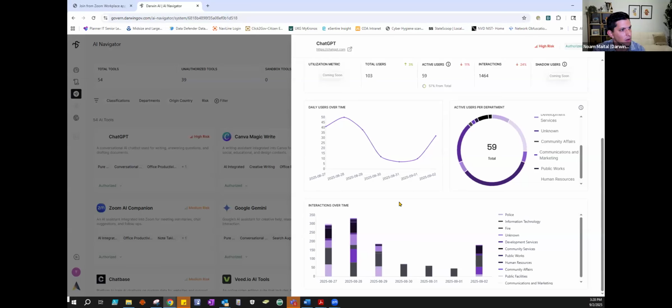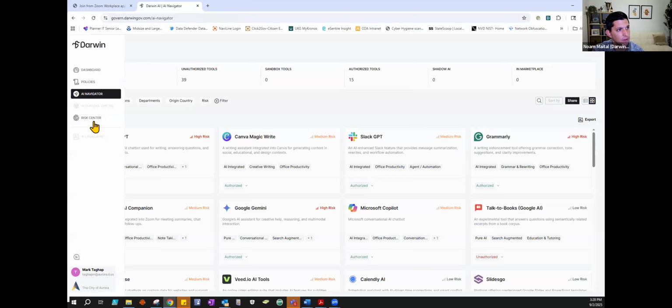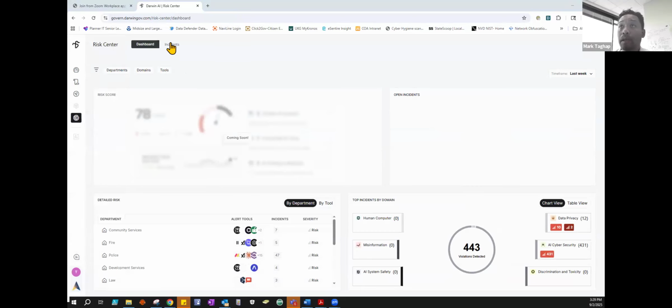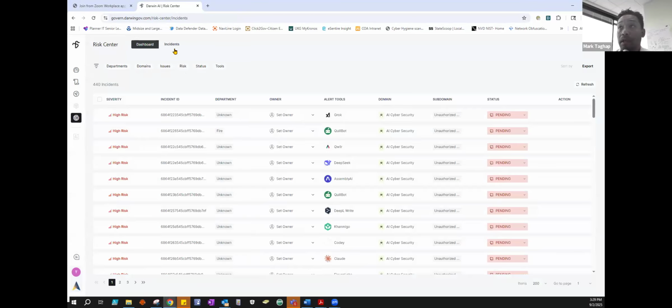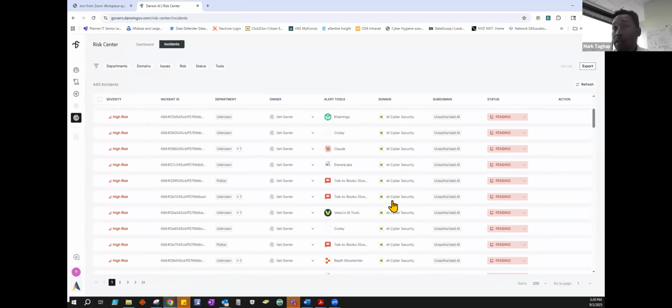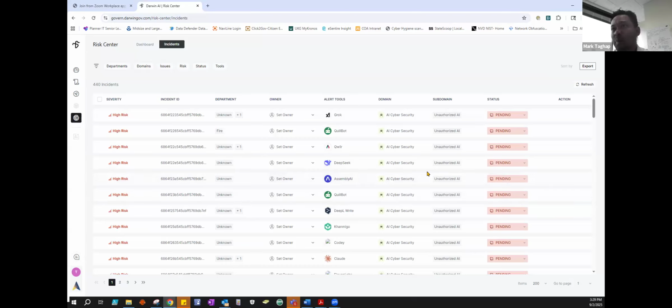And maybe, Mark, I think also in the interest of time, if you want to showcase a bit and walk through the risk center and kind of explain that and the configuration on the policy, I think is also really helpful to help understand how you move from policy that's at the PDF level to now configuring the guardrails in an automated way. So we're at the risk center right now, and I'll go directly to incidents, because that's where this is really helpful. So all these, and I won't open it up, but